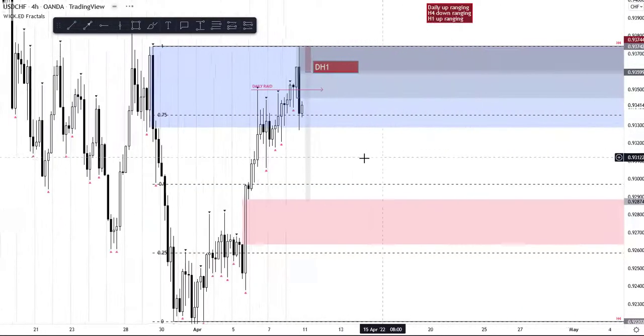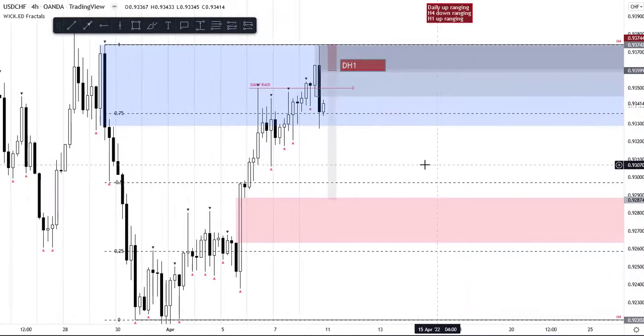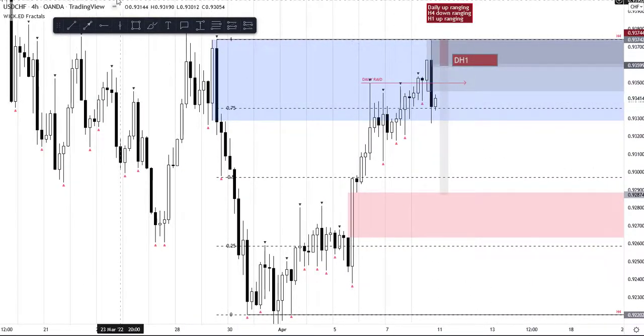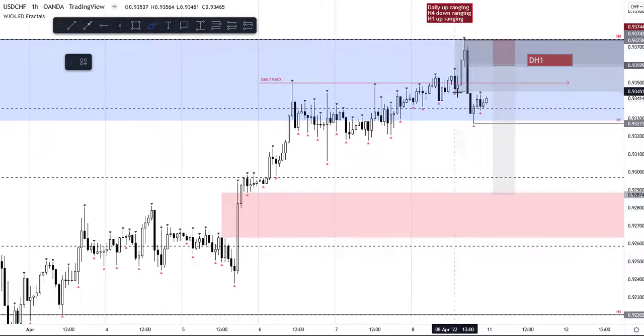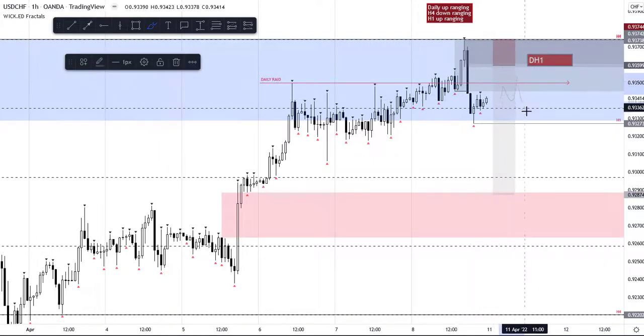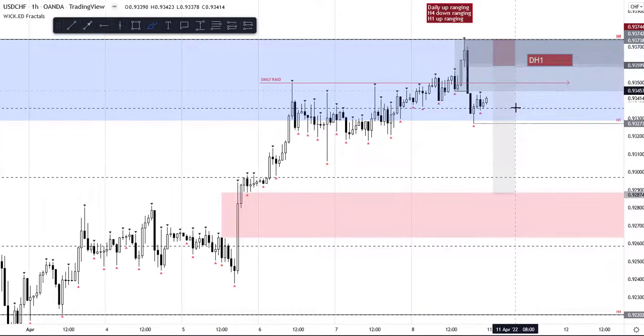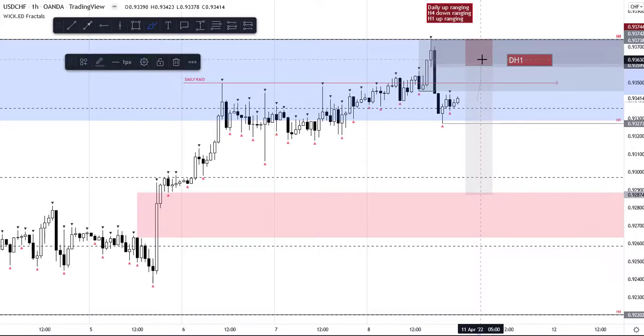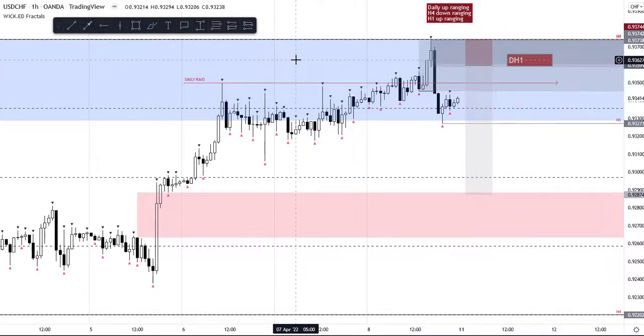Okay, I mark the 4 hours, dailies, and 1 hours inside the market structure ranges, and I use them when they're coupled with the flow. So if there's a very clean zone that is also able to be used for dive setups and ATM setups, I'm gonna simply wait to see which one the market unfolds for me. If there's a dive setup without touching here, I'm gonna take that dive setup to short the market. Or if the market comes here first, then maybe creates an ATM setup as well, then you can add to your trades. Okay, this is the simplest version of how I use my trading plan with the flow and